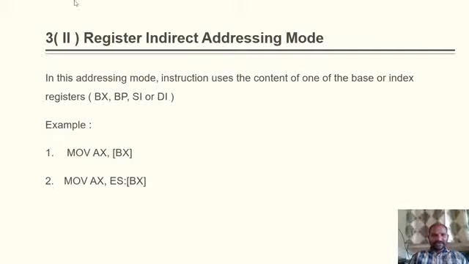So in order to perform the register indirect addressing mode of operation, we have four registers in the 8086 microprocessor. Out of the four, two are called base registers, and two are called index registers. So here, any one of these register contents